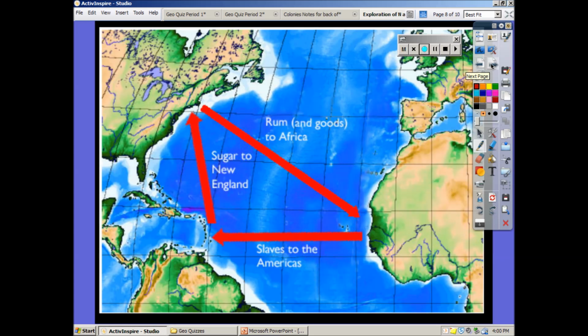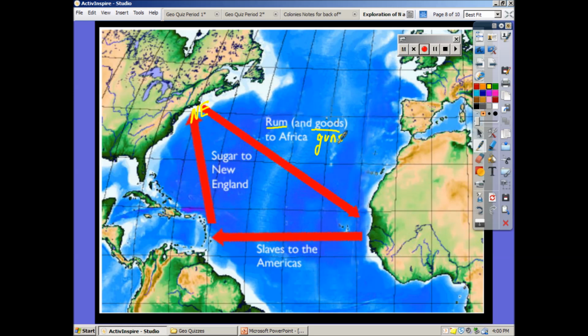And the important thing to remember is that boats don't travel empty. They load things into themselves. So here's the idea: we start off in New England, and we start off in New England with a boat full of rum and goods. Well, be more specific. It was guns, yes. Alcohol and firearms, all right?